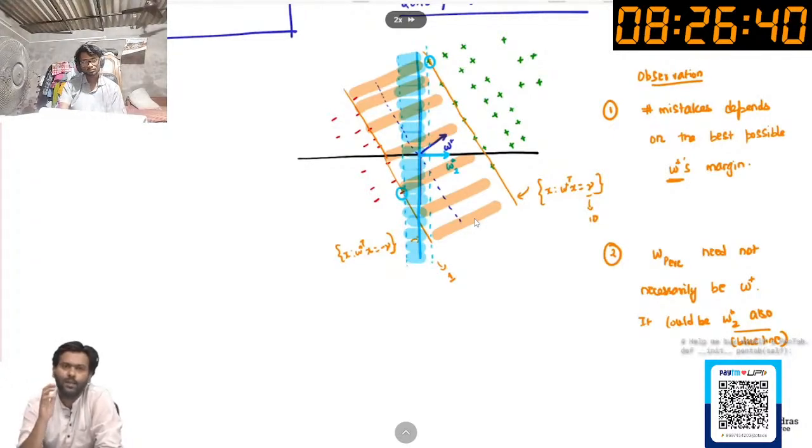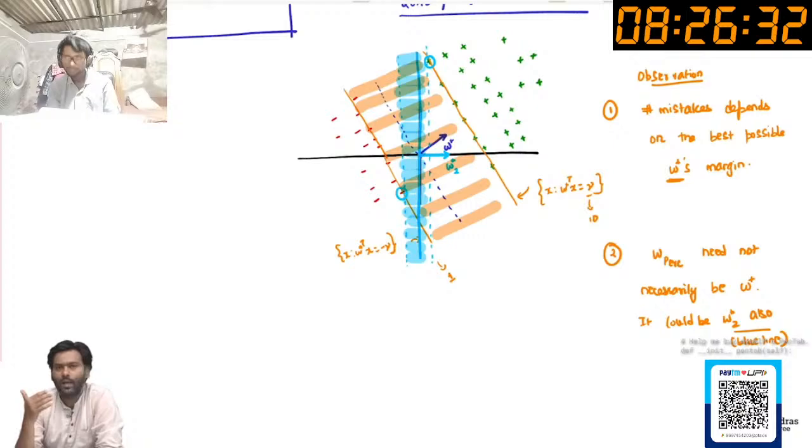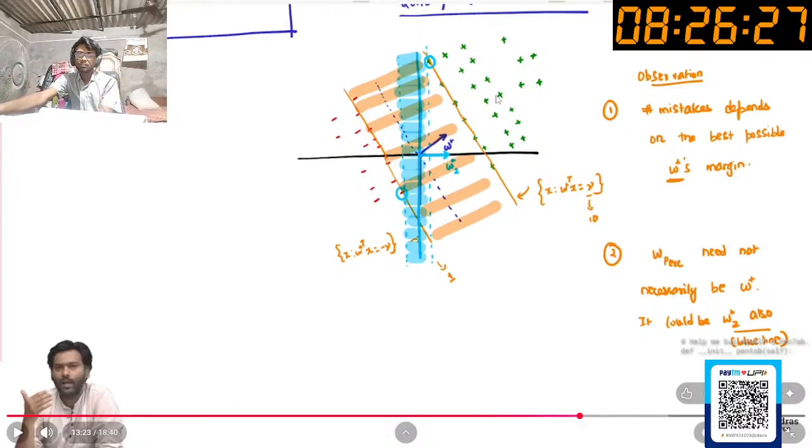Because what we're essentially saying is that if there is a W star with a large margin, then it means that the problem is inherently simple. You could think of it like this: if you have used Kaggle, you develop an algorithm, a model, and you train it and see that for the training data set, this model is working quite well. The blue margin is working quite well, right? But when it comes to the test cases,